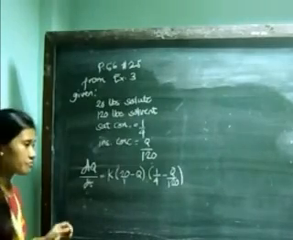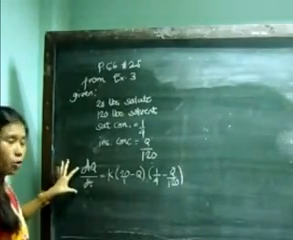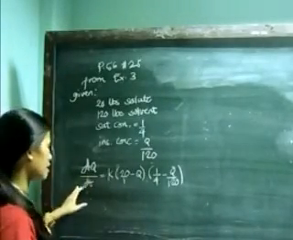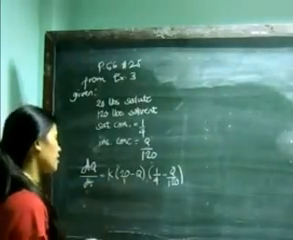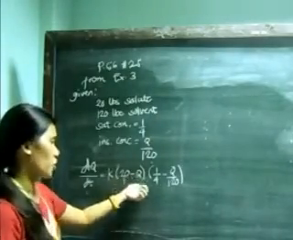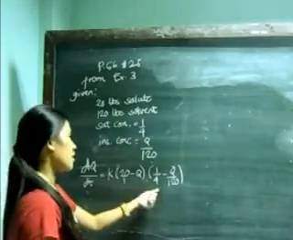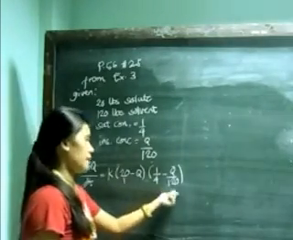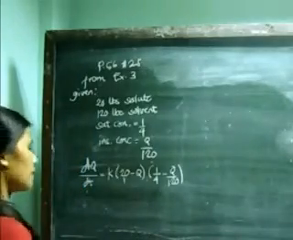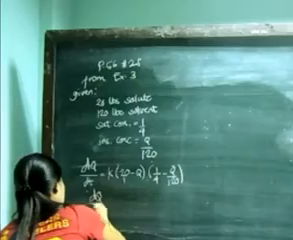So, the problem states that the rate at which a substance is dissolved, so we denote the substance as Q, we have dQ over dt, is proportional to the amount of substance undissolved, so we have 20 minus Q times the difference of the saturation concentration and the instantaneous concentration. So, simplifying this problem, we have dQ over dt